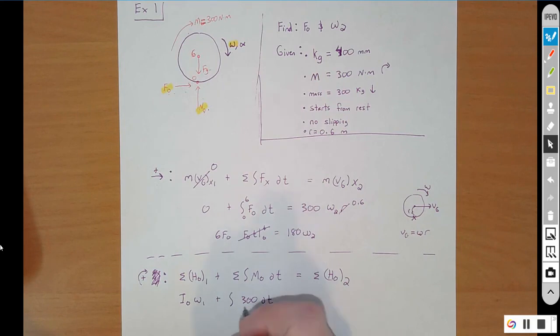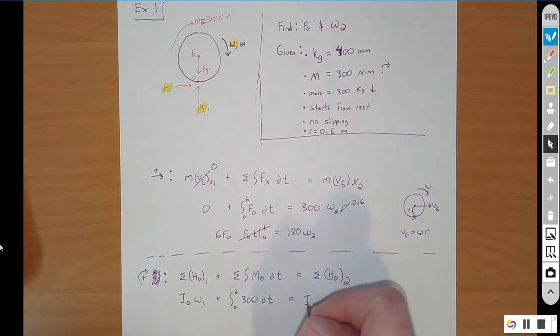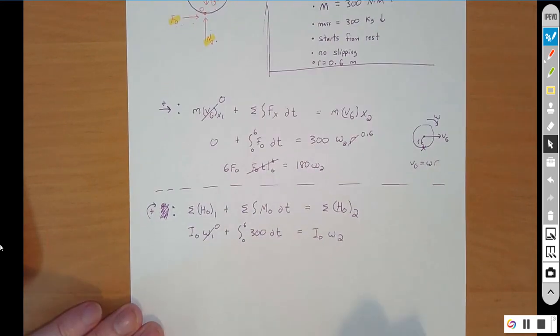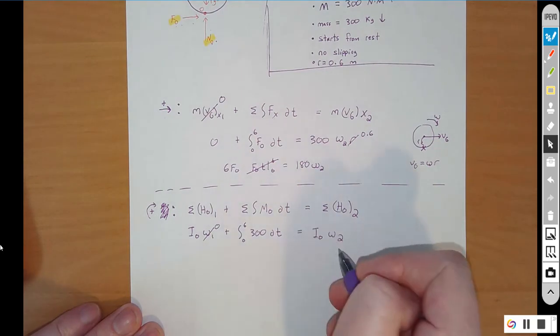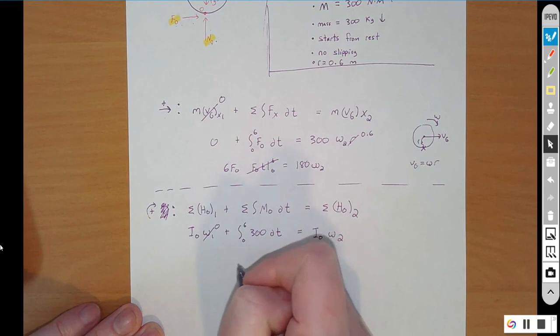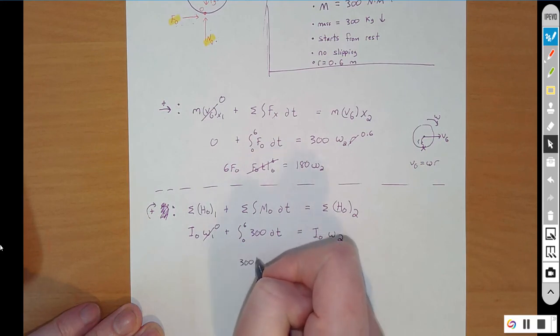All right, so now this is going in the same direction as this arrow, and I don't have to do any negative signs. It goes from 0 to 6 seconds. And we get I naught omega 2, which is what we want to find. So again, this starts at rest, so omega 1 is 0. And on this side, so just kind of solving this, I will get 300 t from 0 to 6